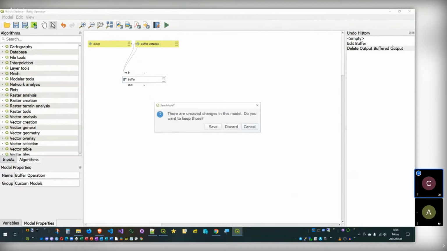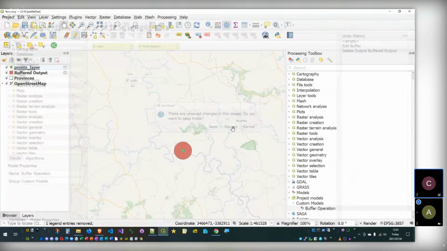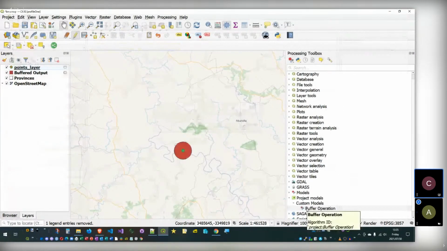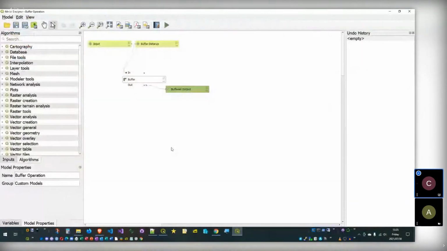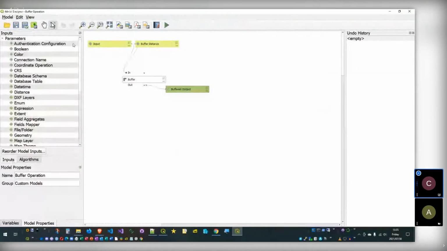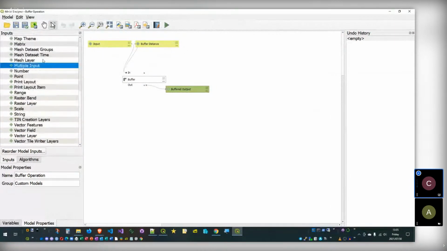Alrighty, and then there's one more question from Jigme. Is it possible to iterate multiple files in a folder as an input to the modeler? I haven't actually tested a folder. I know for a fact that you can do multiple files. So I'll show an example of that in a second. There is this multiple input